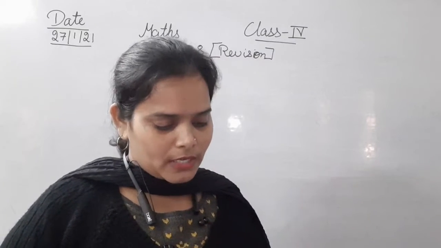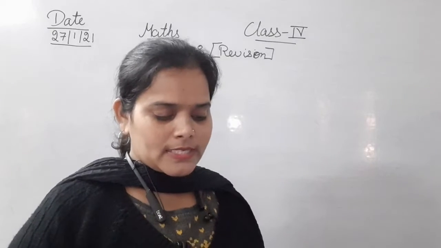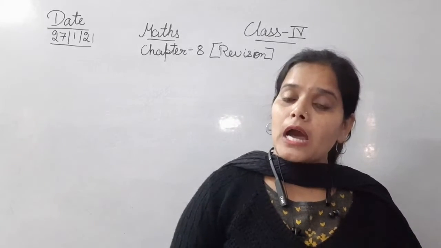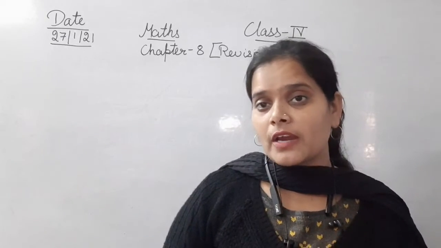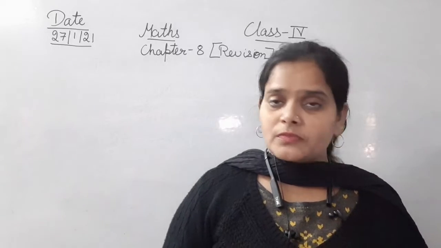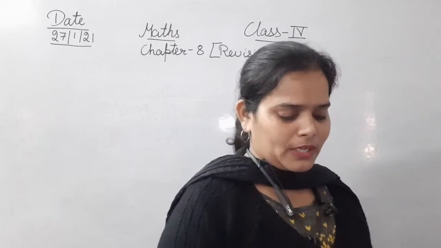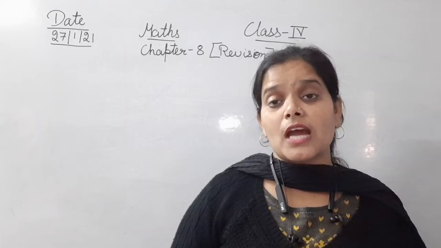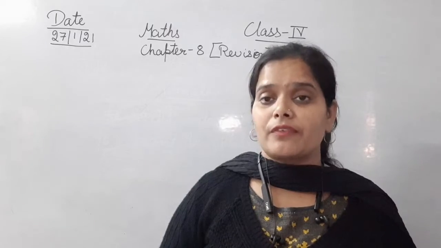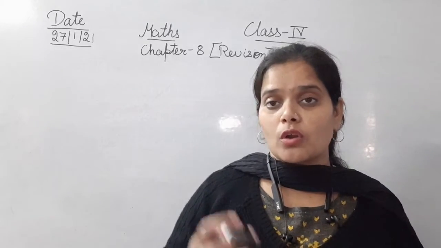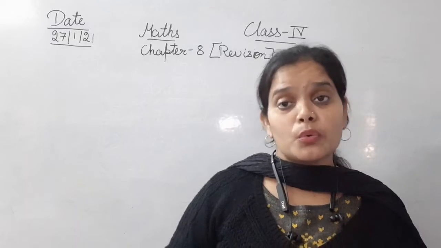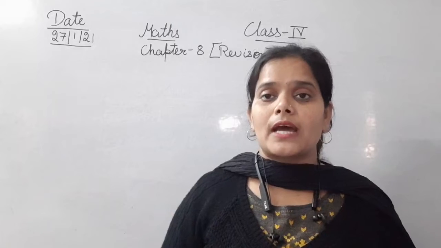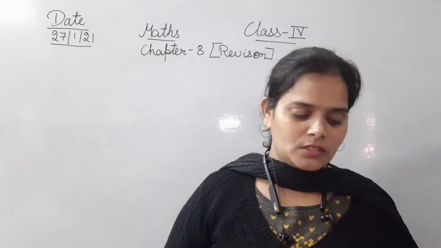So I'll just start with the fraction. Suppose आपको एक फ्रैक्शन दी गई है और आपसे बोला गया है आपको उसी के इक्विवेलेंट एक फ्रैक्शन फाइंड आउट करनी है, एक या दो या तीन या जितने भी नंबर ऑफ फ्रैक्शंस आपको बतानी हो. Suppose that question is given, and how are you going to find an equivalent fraction to a given fraction? तो ऑलरेडी आपके पास एक फ्रैक्शन दी हुई है, उसी के इक्विवेलेंट आपको एक और फ्रैक्शन बतानी है. So how you are going to find that? That topic we will discuss in today's session.